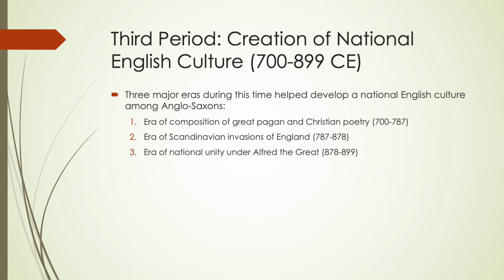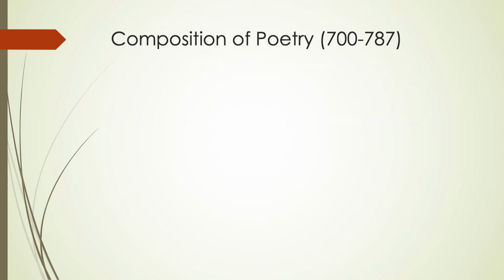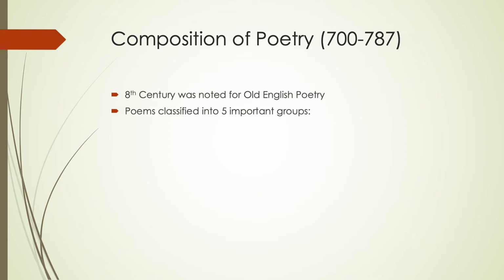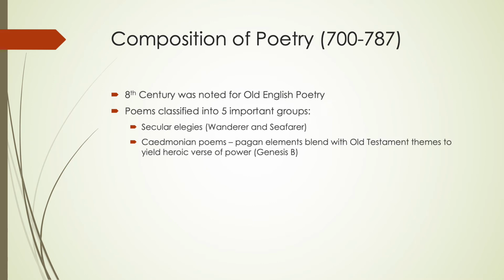So if we look first at the era of poetry, the 8th century was noted for Old English poetry, and there were several different kinds of poems that were very important. So poems were classified into 5 important groups. We had secular elegies, things like Wanderer and Seafarer, so you'll occasionally see some examples of the kinds that we saw there. Cadmonian poems, and these had pagan elements, but they were often blended with some Old Testament themes,